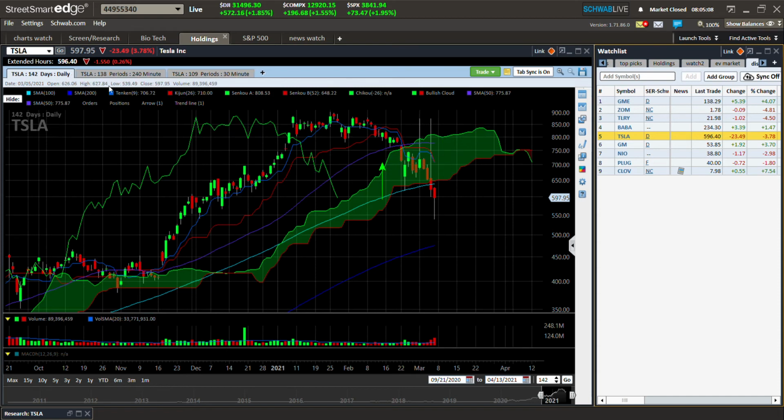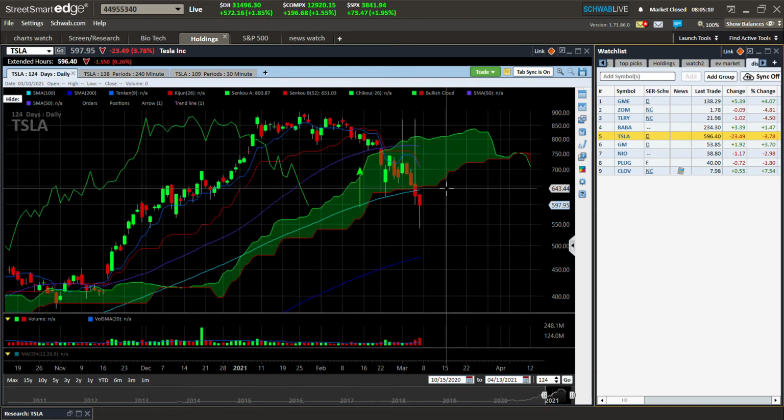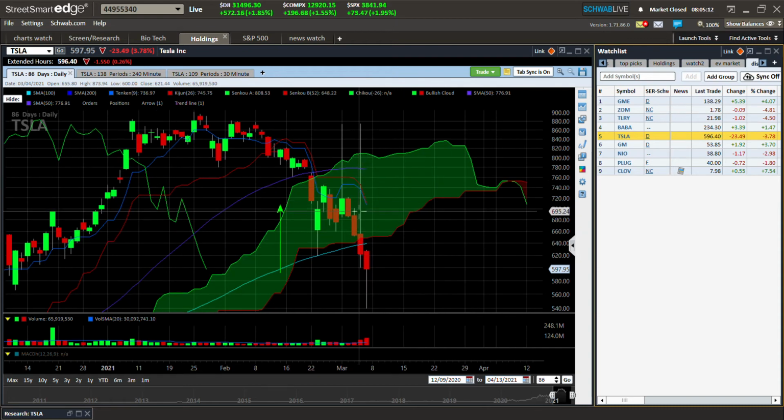This is a daily chart. We've fallen below the cloud. I don't know what's up with these long wicks here. It almost looks like price jumped up here to $870, but I don't see that on the 30-minute chart, so I'm not sure why my chart is showing that. But